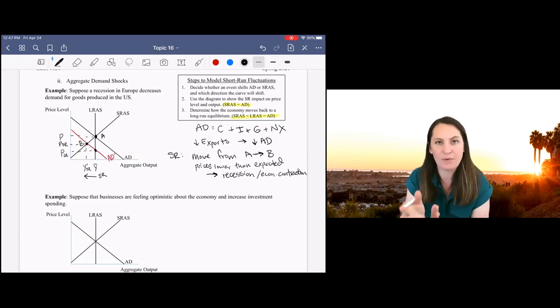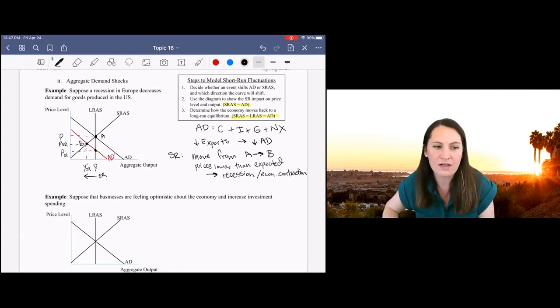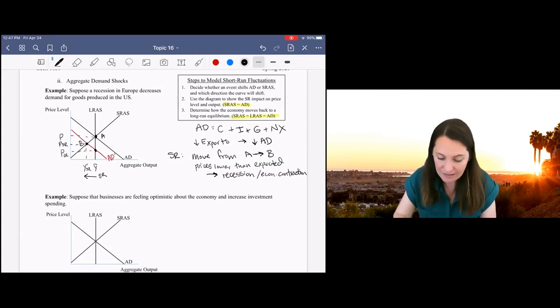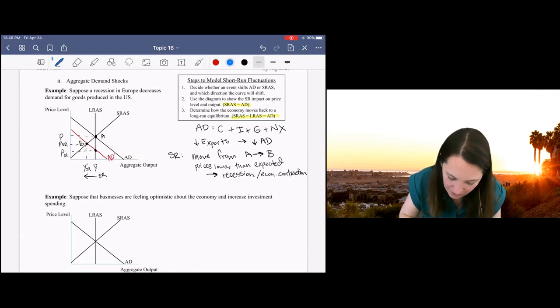Well, a long run aggregate supply curve is not gonna move, right? That's the same, nothing has changed to change our real productive capacity. What's gonna happen here is that our expectations about prices change, right? Over time, we can adjust wages or we can adjust prices downward, and we begin to expect or understand this new lower price level. And that means that our short run aggregate supply curve is going to shift out